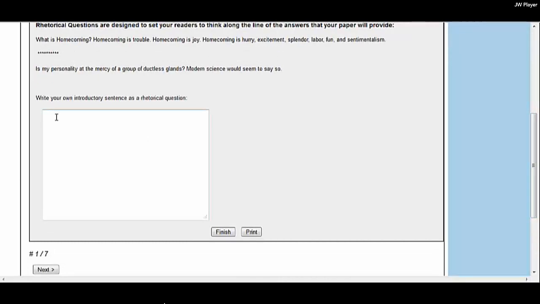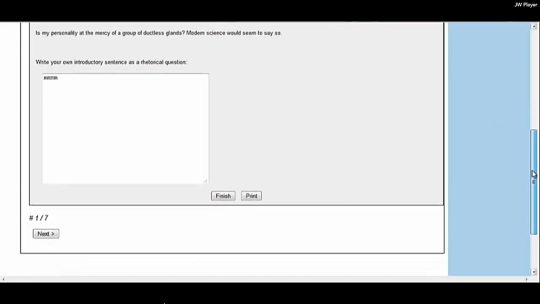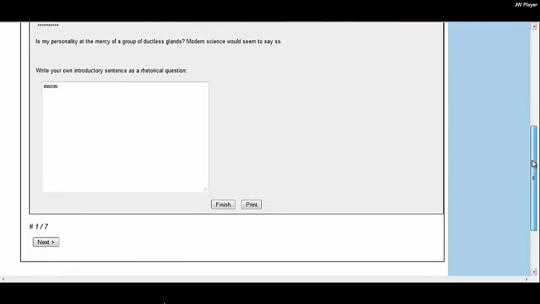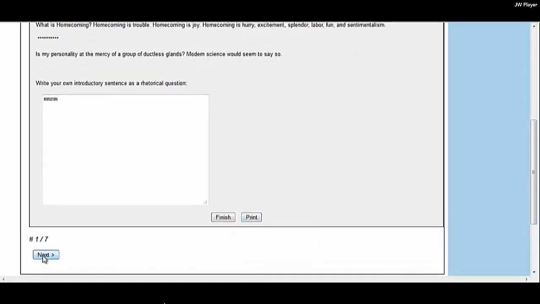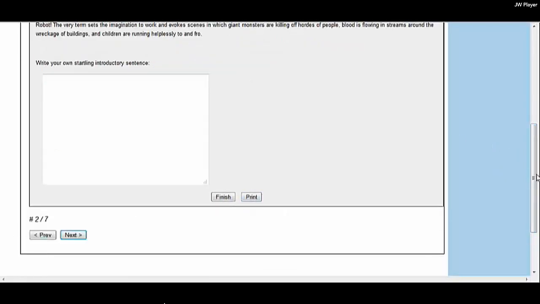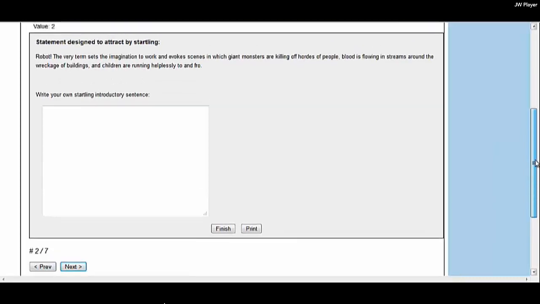So they look at the examples provided and then they create their own rhetorical question, which they can subsequently print or email to themselves. This takes them to the next strategy, which is adding another type of introductory sentence,